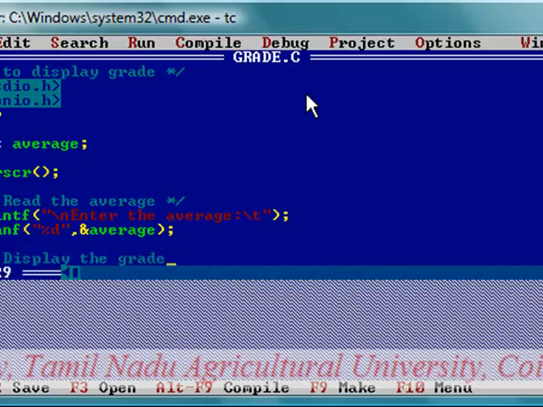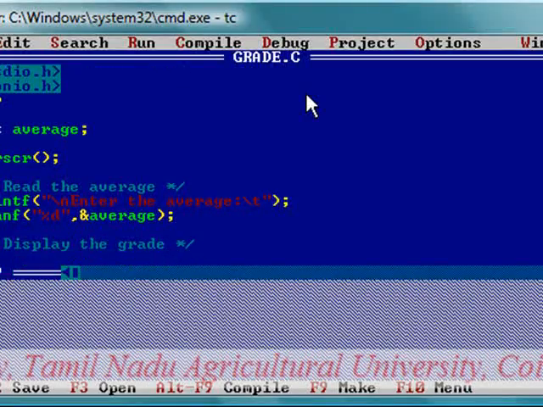Grade, making use of if statement, of course. So first check the value in the average against the value 60. So I make use of if condition, if statement, and the condition is average. If average is greater than or equal to 60,